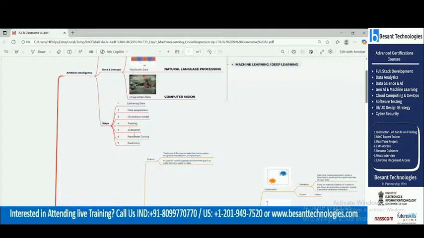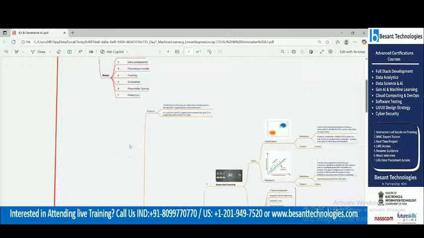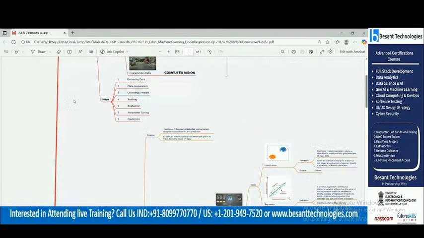Parameter tuning means what? Checking the missing values, clearing all the unwanted columns, or clearing all the accuracy levels. These are all parameter tuning. And in the last, it is called prediction. You are doing the predictions. So this is what you did in your AI steps.